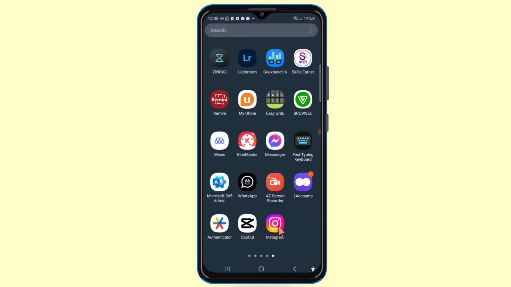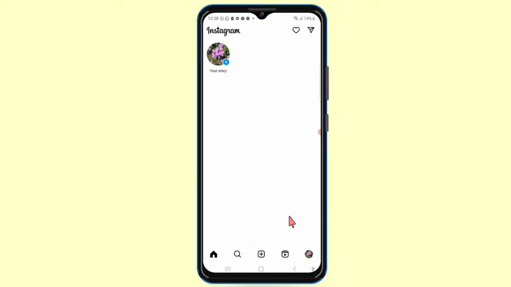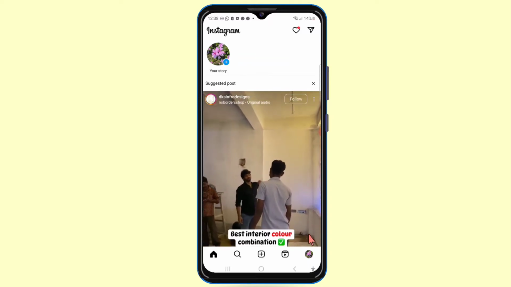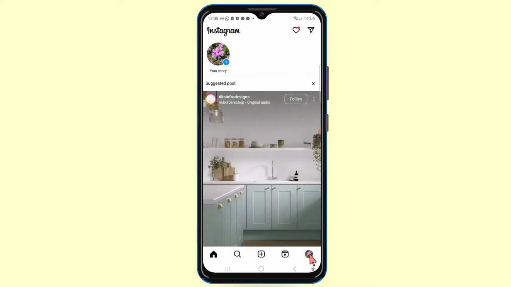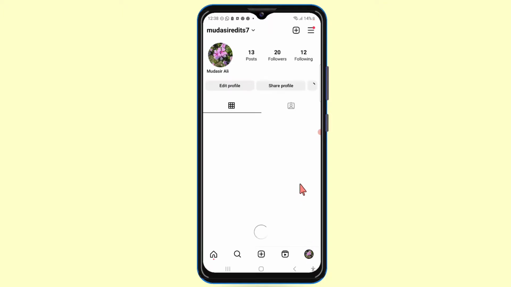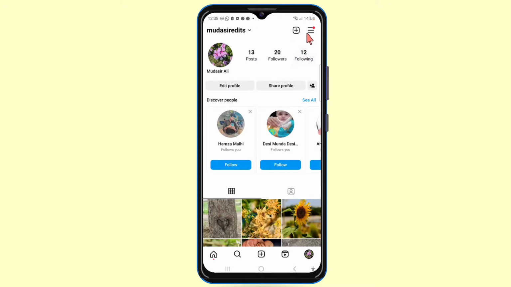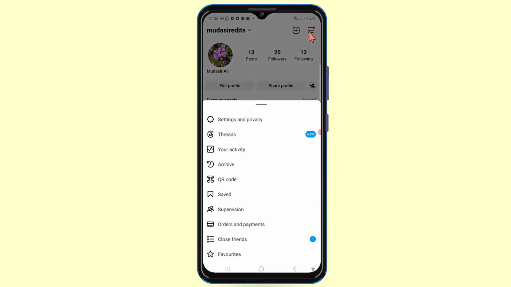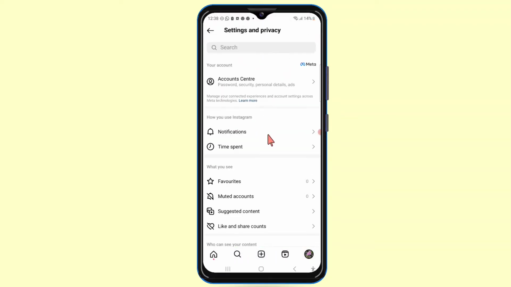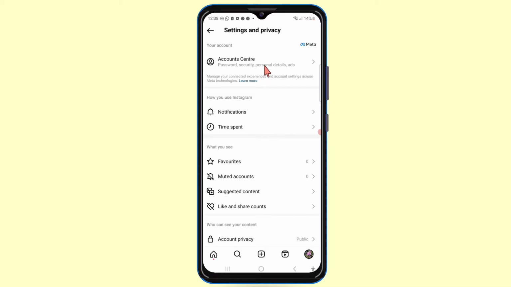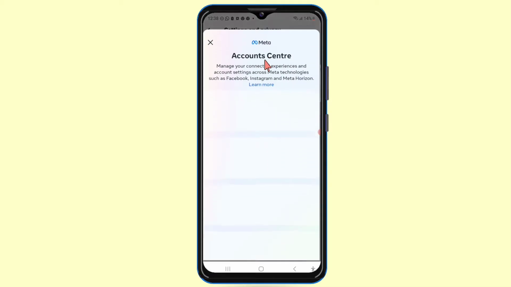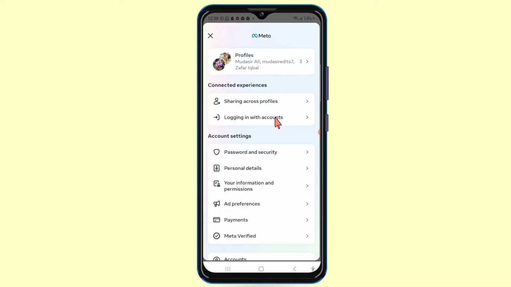First of all, open your Instagram application and then click on your profile picture on the bottom right corner. After that, click on the three lines on the top right corner and then click on Settings and privacy. After that, click on Accounts Center and then click on Personal details in account settings. Click on Personal details